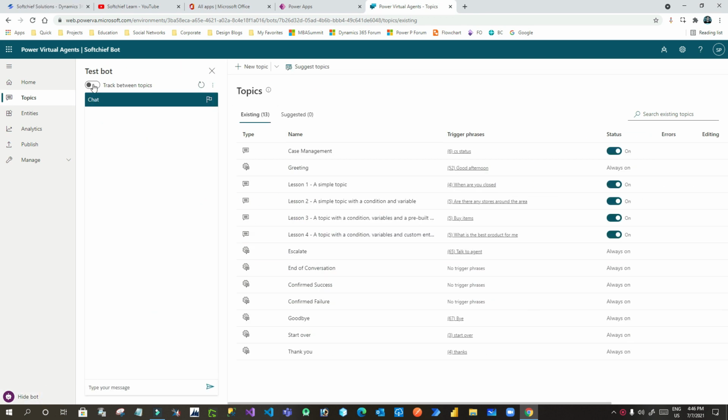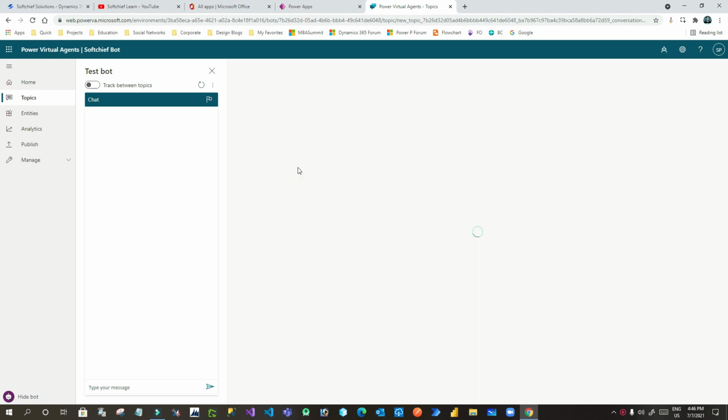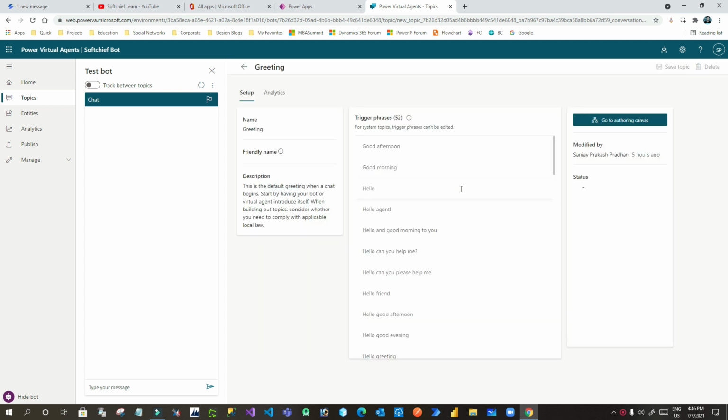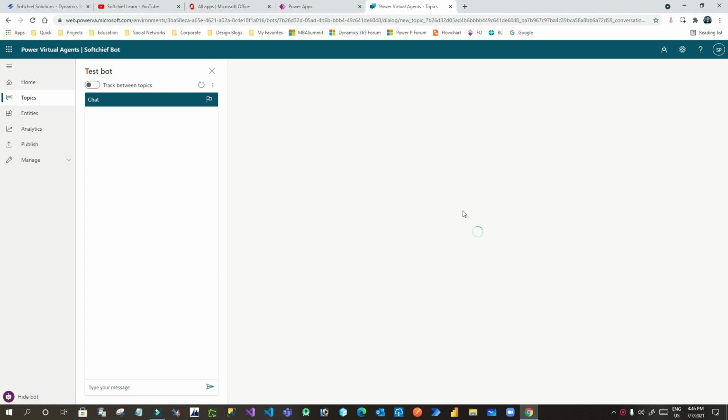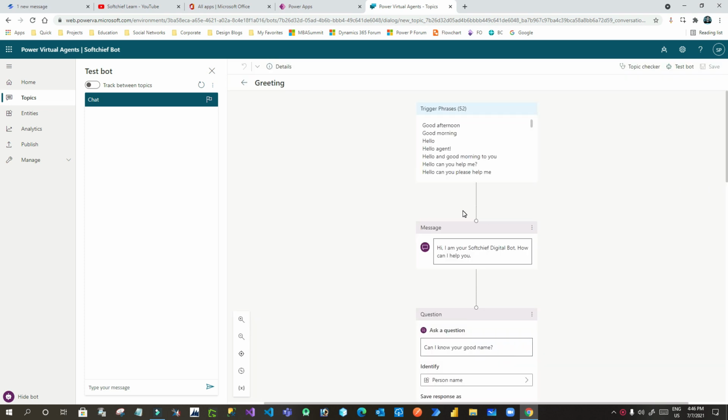So this is my chatbot I have created called SubChipBot, and here I have a topic called greetings, right? And in the greetings I want to declare a variable that I want to use locally in this topic. Always remember that the variable that you declare in Power Virtual Agent can be local scope, or the scope may be the total bot. When you choose the variable scope as bot, then that will be used as a global variable, so that any variable from any topic you can use in other topics also.